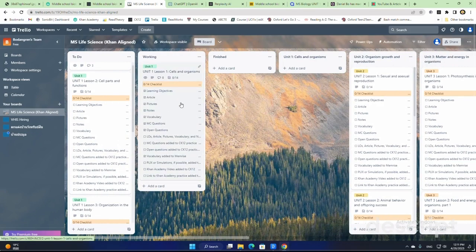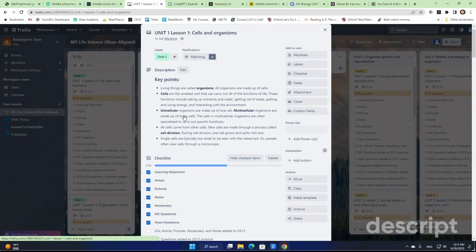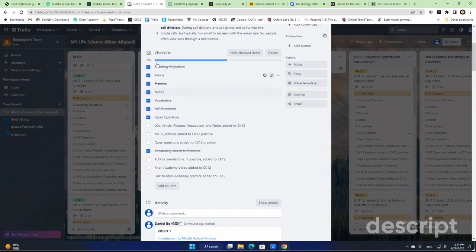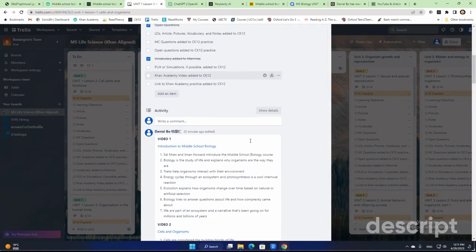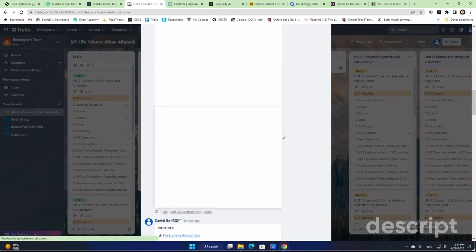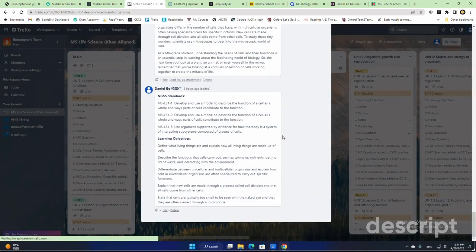For each of these, I have a checklist, and you can see that when I open this up, for this one, I've done a good bit of the checklist already, so I'm going to show you what's going on. I'm still kind of working with CK12, trying to figure that out. So the first thing that I do is I go into